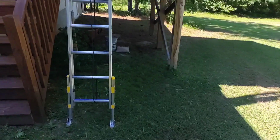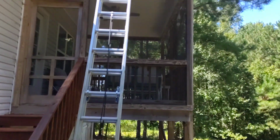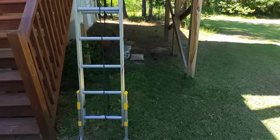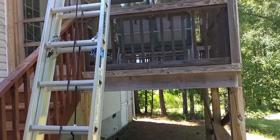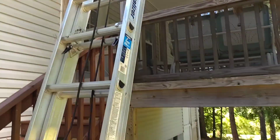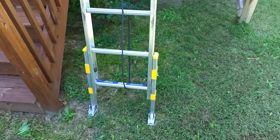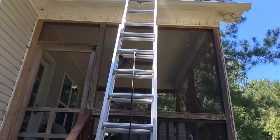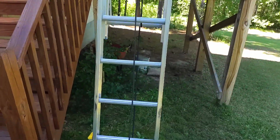Number 2, we have an extension ladder. This is our 24-foot Werner, and this is actually the Werner Equalizer. I'm going to come over here so you can see that. We've had this one for many years. Three years it has been in service as a gutter cleaning apparatus, and it has worked phenomenally,